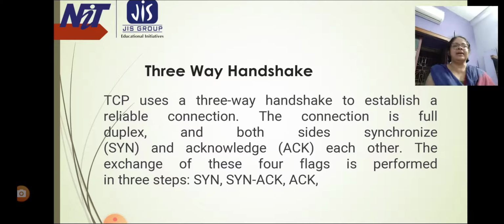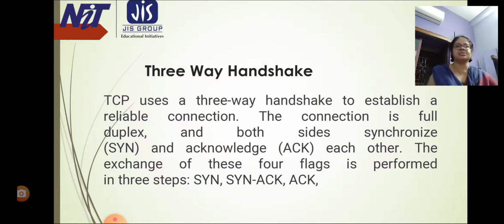All the data bytes that are to be transmitted are numbered, and the beginning of this numbering is arbitrary. Sequence numbers are given to the segments so as to reassemble the bytes at the receiver end, even if they arrive in a different order. The sequence number of a segment is the byte number of the first byte that is being sent.